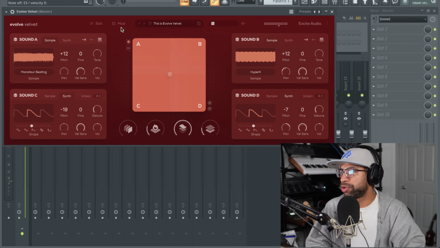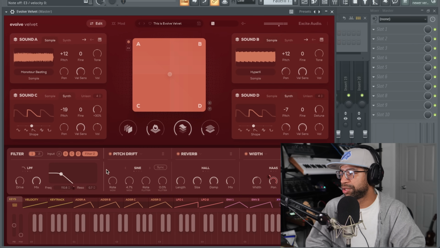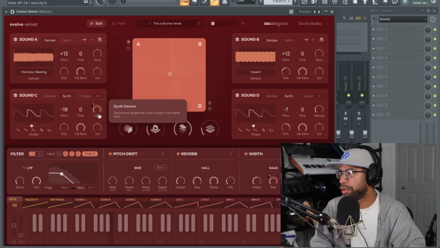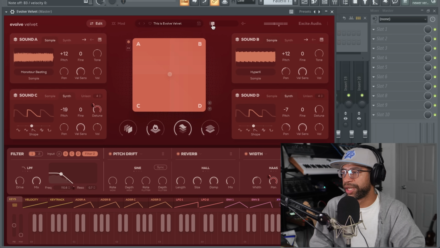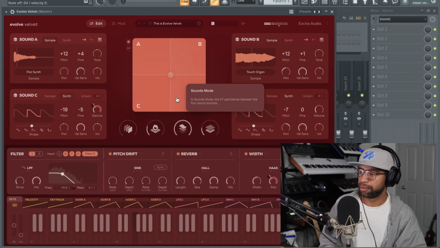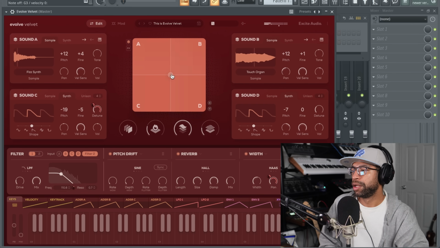You've got different controls, so you can come under here and mess with the modulation right there. You can come over here and edit, so you get everything here, like your drift, your reverb, your width, your limiter. You have your LFOs and stuff down here, and they're easily just drag and droppable to wherever you want to put them. You can roll the dice and get random sounds with this. As you move stuff around the XY axis,